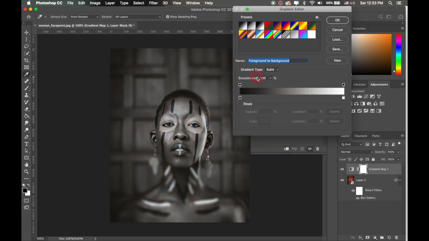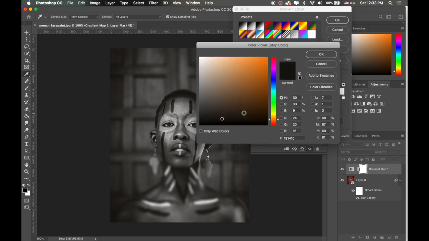And let's try to find a nice sepia tone, right? A nice brownish tone, right? In some of these old-timey photographs. Okay, so maybe something like